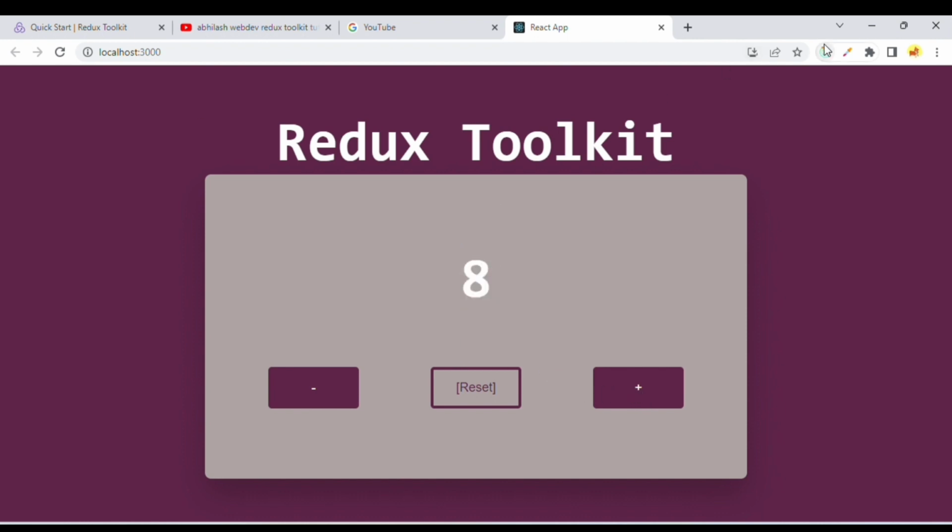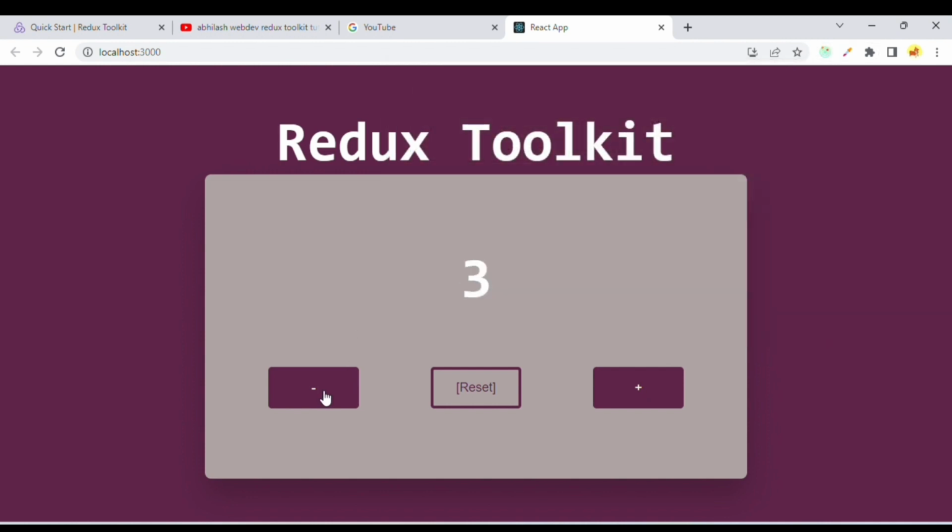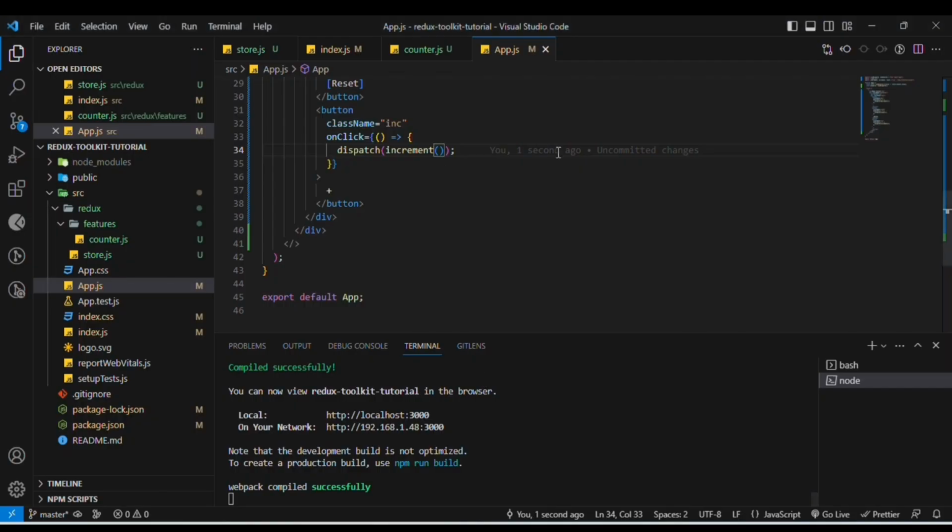If I click on plus, it is incrementing this state. You can also see this state incremented here as well. And if I click on reset, then we have already defined that if I click on reset, then it should go to 0. So once I click on this, it will go back to 0. So this is it about Redux Toolkit,